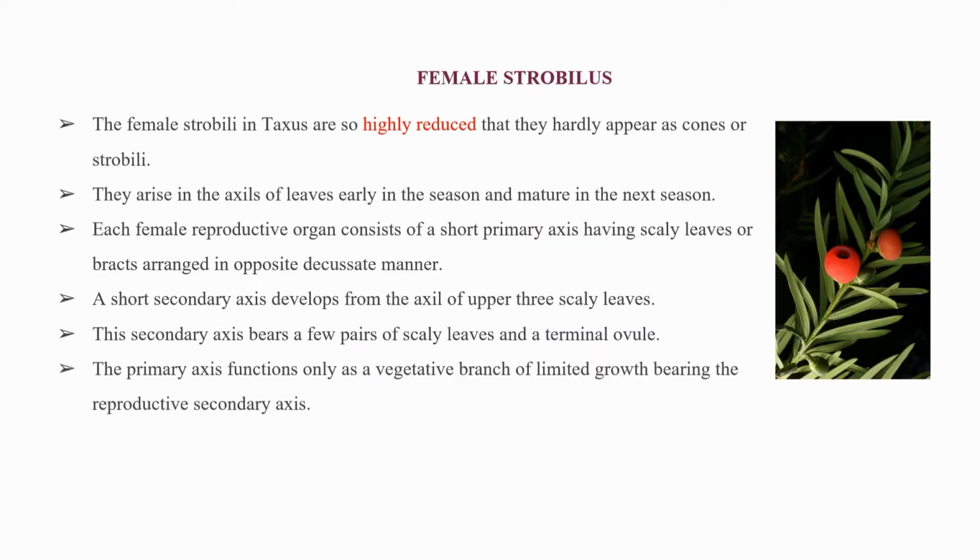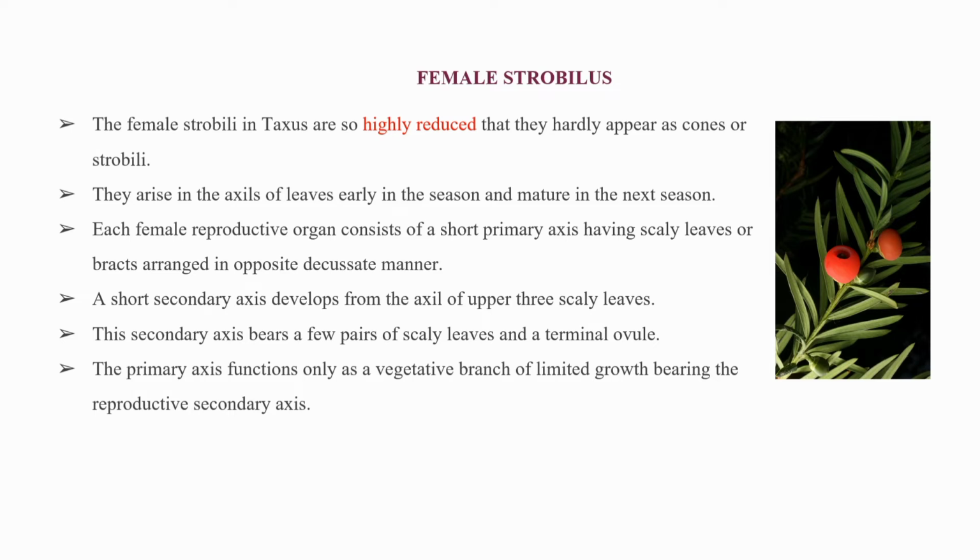Female strobilus. The female strobili or the female flowers in Taxus are so highly reduced that they hardly appear as cones or strobili. They arise in the axils of leaves early in the season and mature in the next season. Each female reproductive organ consists of a short primary axis having scaly leaves or bracts arranged in opposite and decussate